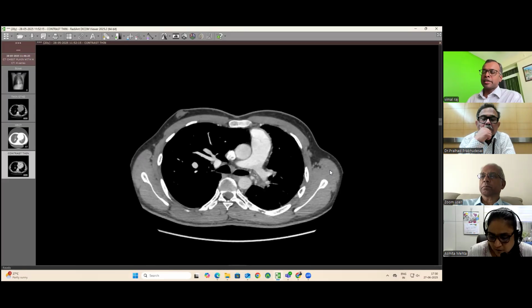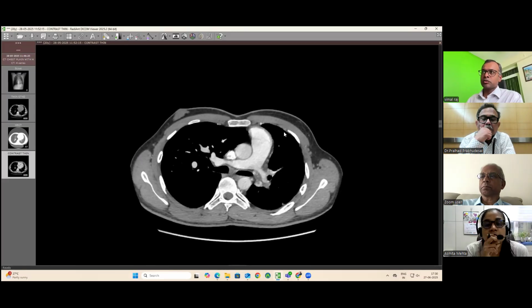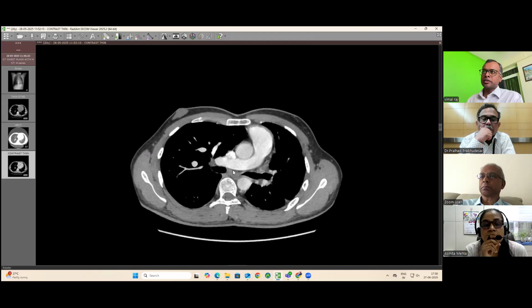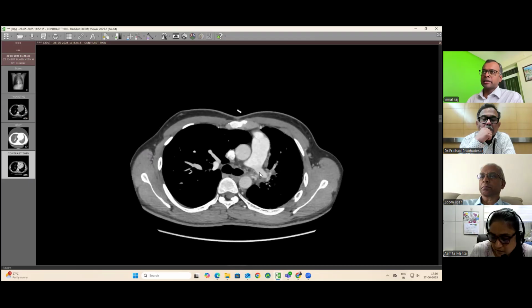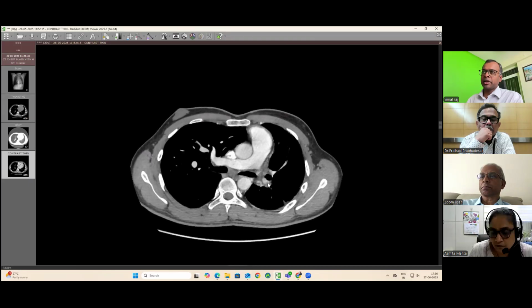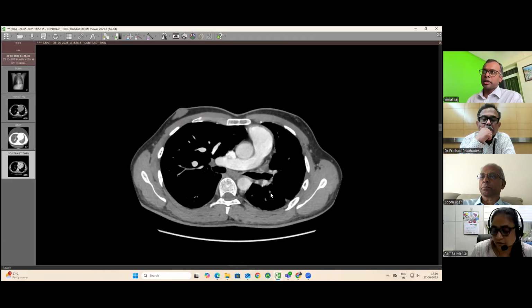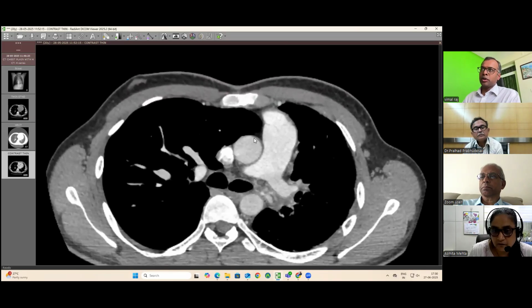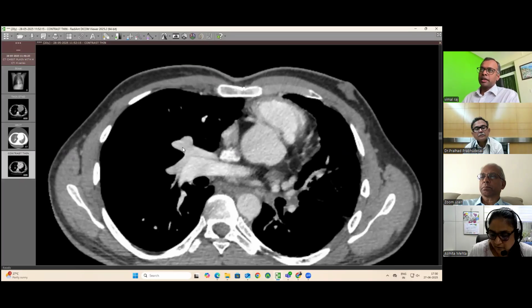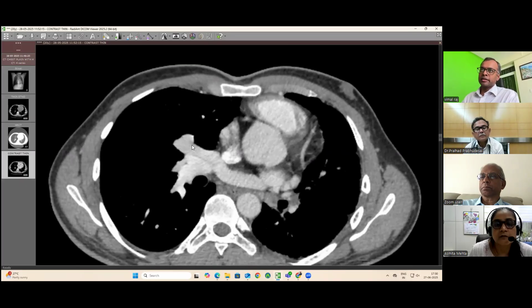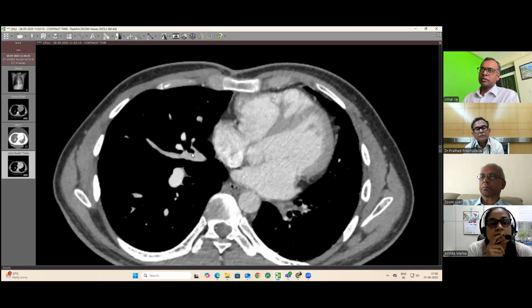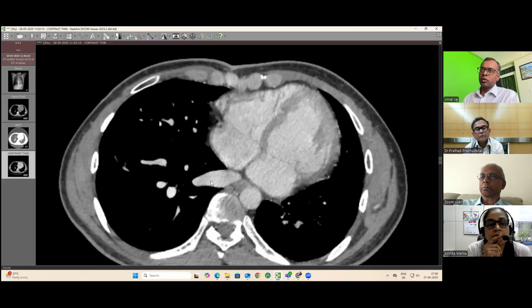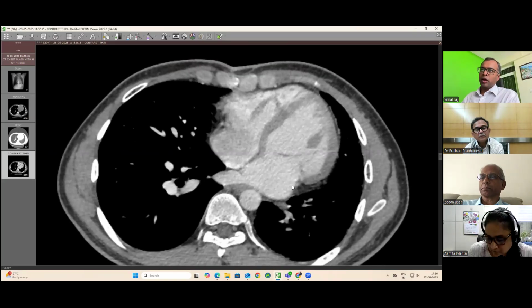What you will straight away see is the loss of volume in the left lung. See the size of the right pulmonary artery, and see the size of the left pulmonary artery. The left pulmonary artery is much smaller in comparison to the right side. The other very interesting thing, I'll just show it to you: these are the pulmonary veins on the right. This is a large pulmonary vein. This is the middle lobe pulmonary vein, and this is the right lower lobar pulmonary vein, all going into the left atrium.